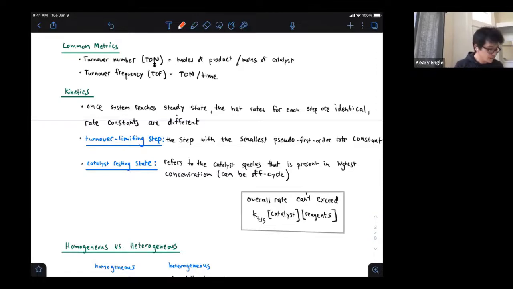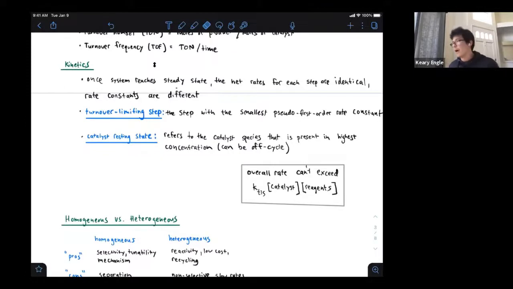Is the turnover limiting step. I have smallest here, but I guess I must mean, yeah, smallest, the slowest, right? Slowest